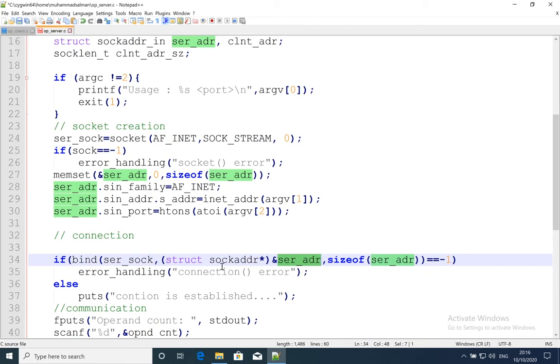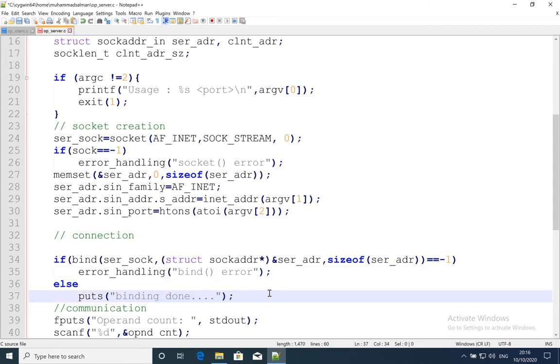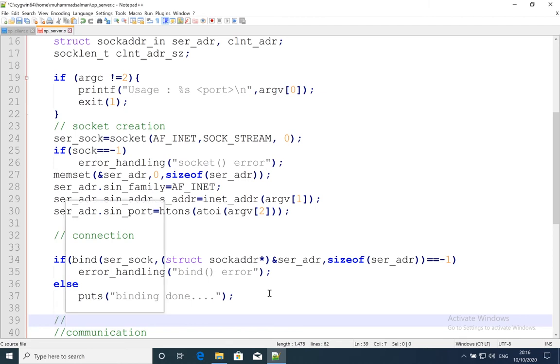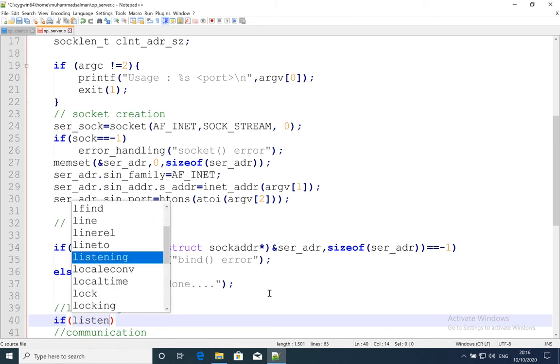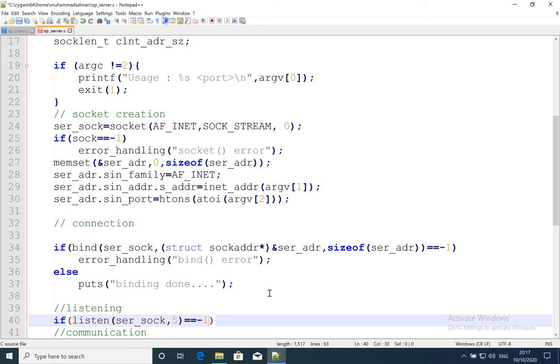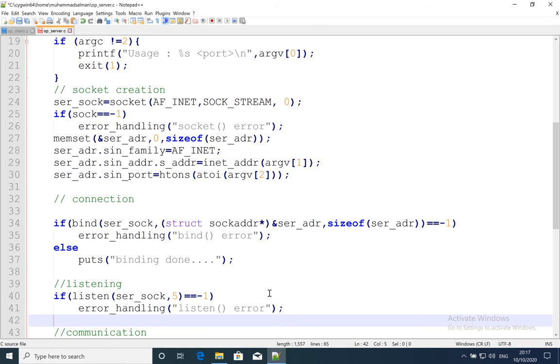So if there is any error in the server binding, then it should give us the bind error. And then we are also listening at the server, right? And after we are done with the listening and everything is going well, then we will just get the client address size,